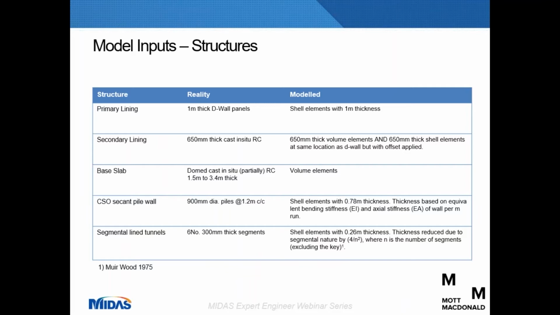So that's the sequence. In terms of the structures that have been modelled for the shaft, they are summarised in this table. So the primary lining, 1 metre thick D-wall, the secant piles of the CSO, temporary wall, and the segmental lined tunnels of the Greenwich Connection Tunnel were all modelled as shell elements. I will explain on the following slide how we approximated the secant pile wall as a continuous thickness shell of about 780 mil thickness,